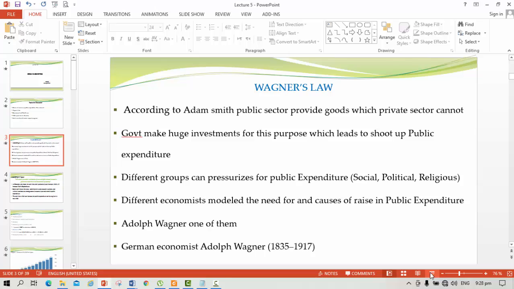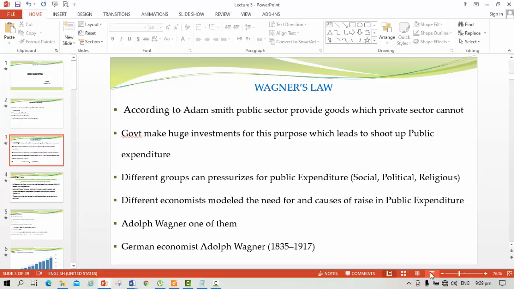Dear students, as you know, according to Adam Smith, the public sector provides goods which the private sector cannot. There are many goods which the public sector provides, but it is difficult for the private sector to provide. For example, defense. We know that national defense is a public good which is provided by the public sector, and we discussed in lecture number 3, when we were discussing public goods, that national defense is such a pure public good which cannot be